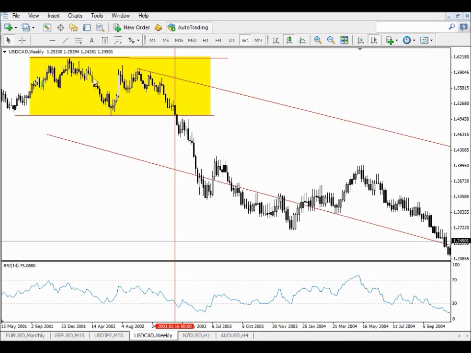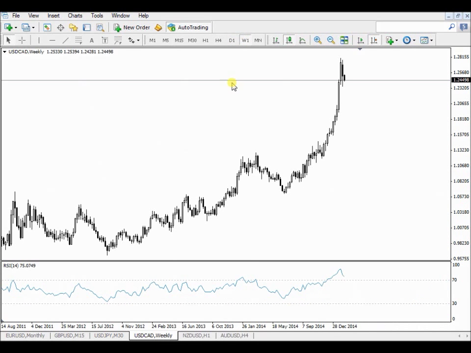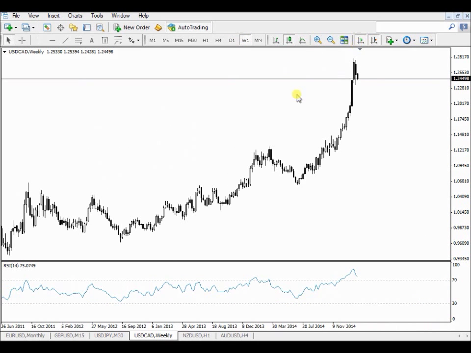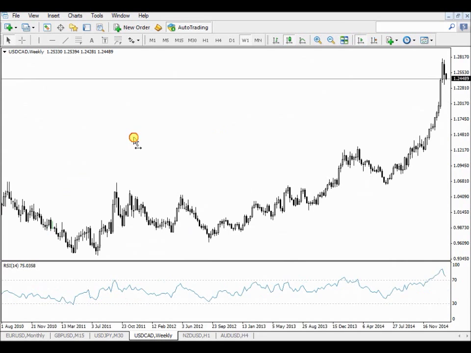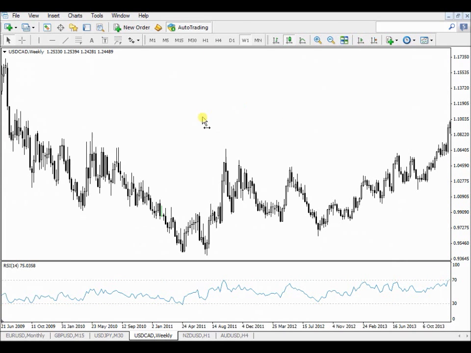Alright, so what does that mean to us? The guys are selling, the bears are in control, the sellers, and they broke the support, and that support or that floor became our roof. Look how the market came back here and it didn't break the roof again. The market broke down, came back to that specific price, and from there the market just fell. Alright, so that is very important. That's very common in the FX market, that as soon as support and resistance breaks, they will then come and test the backside. We call it testing the backside. I can show you guys a lot of examples, but this is a very nice example of how it happens.